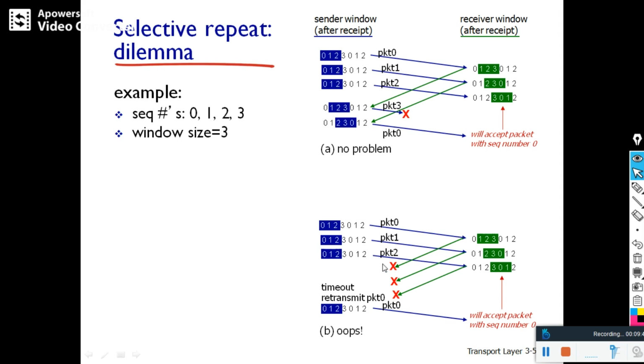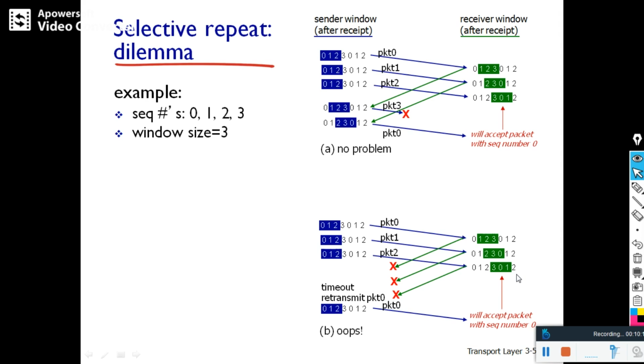But see, our sender has transmitted the original 0, 1, 2 from the first slot. The receiver thinks it has received the first slot 0, 1, 2 properly, and the acknowledgement is lost, which is not the receiver's problem. The receiver will not come to know whether the acknowledgement reached or not. So when the sender repeats 0, 1, 2, the receiver takes it as a new set of sequence numbers 0, 1, 2.